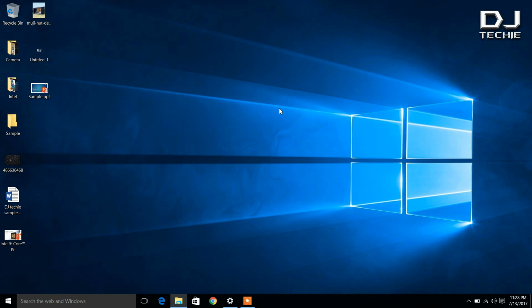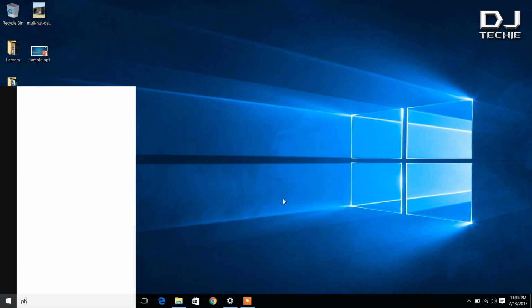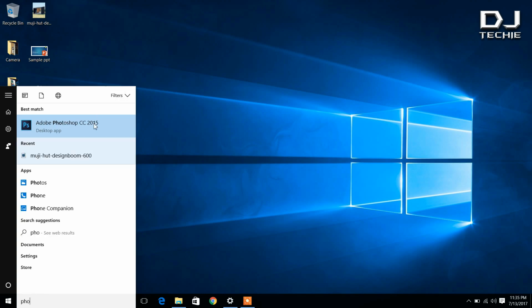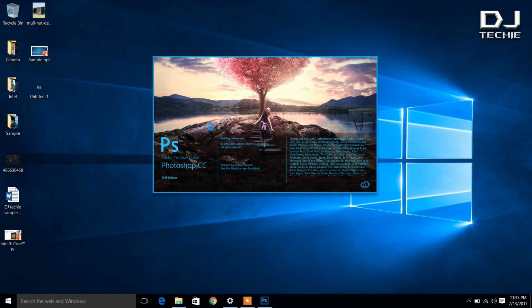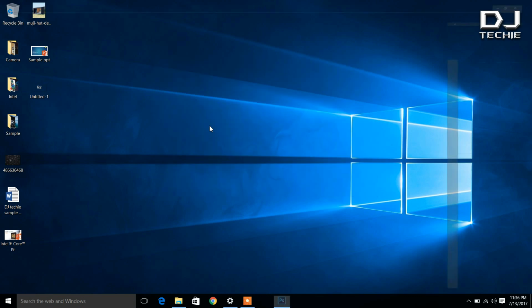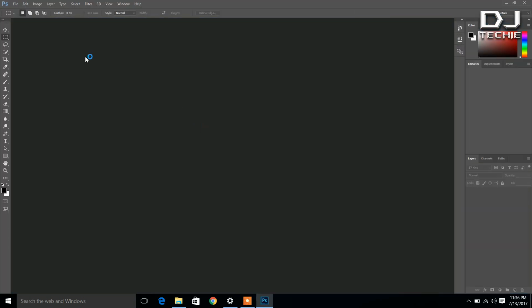and all the things are going to be very good on this laptop. So now let's open some big application so that we can check how efficient the processor of this laptop is. For that, I have installed Photoshop on this laptop, so let's open it. I will type Photoshop here, and just open it. We'll see how long it will take to open, since Photoshop is big software. So let's check how long it will take to open it, and it's loading right now, and as you can see, it has opened quickly.